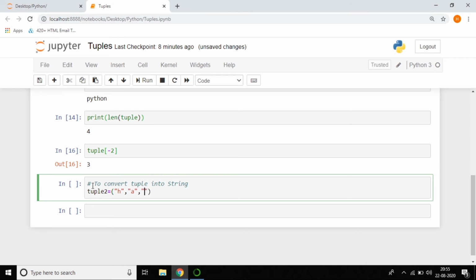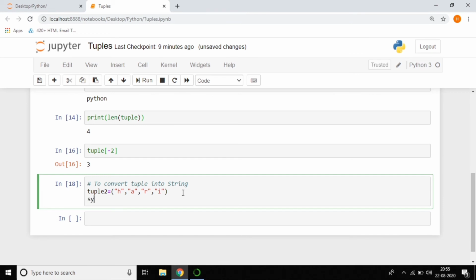I want to print the entire string, like Haripriya. So I'm passing multiple items. I created Hari, and now I want to get a string, like Hari. You can see the output: I created a tuple which is Hari, Hari, different. I want the output as an entire string. So how to do that?